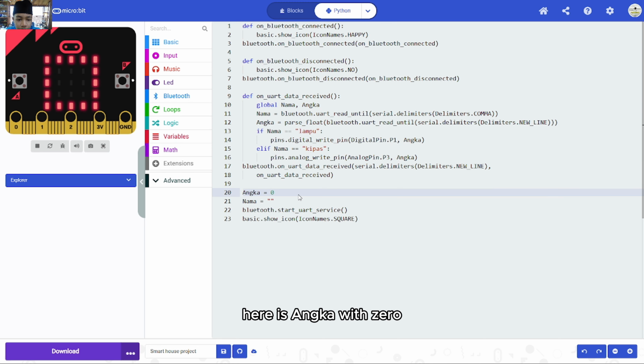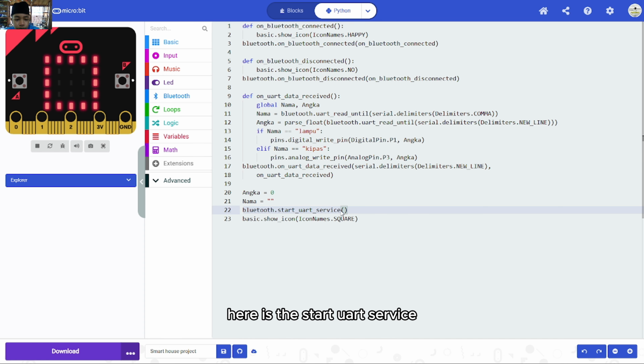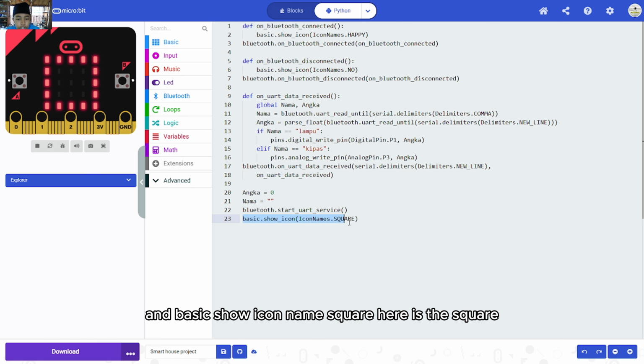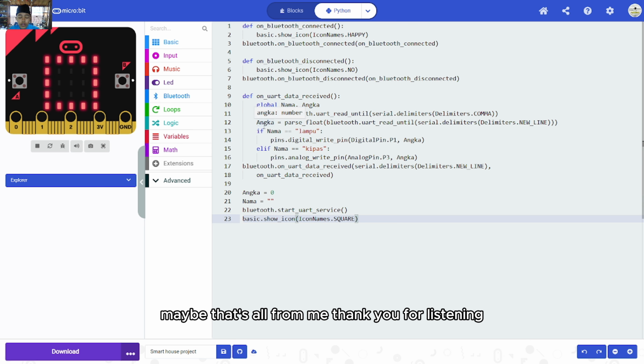Here angka is 0, and in the first value nama is 0 and angka is also 0. Then start the UART Bluetooth, here is the start UART service, and basic show icon square. Here is the square icon.